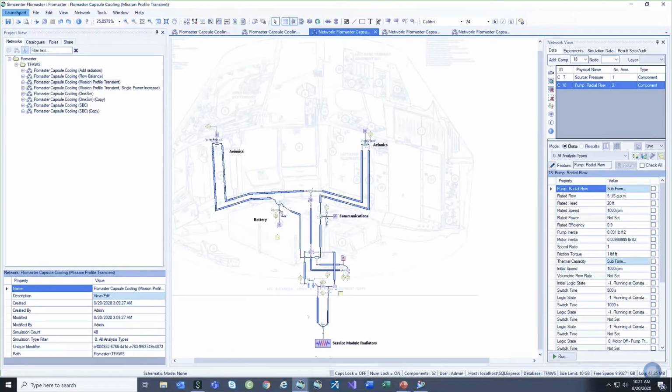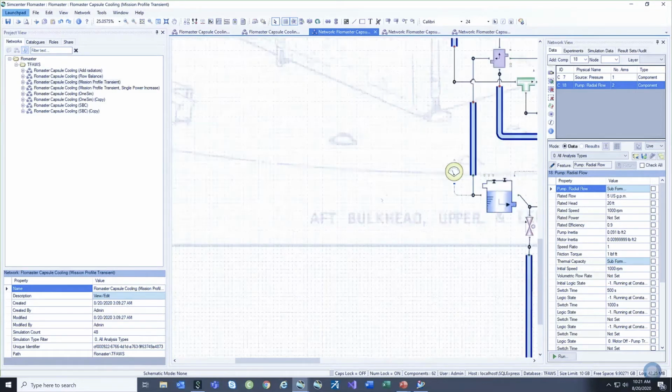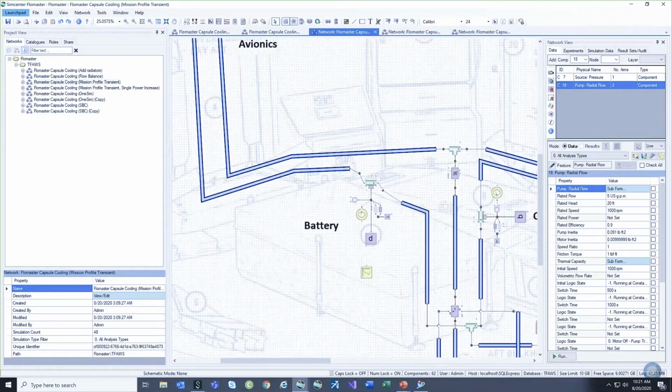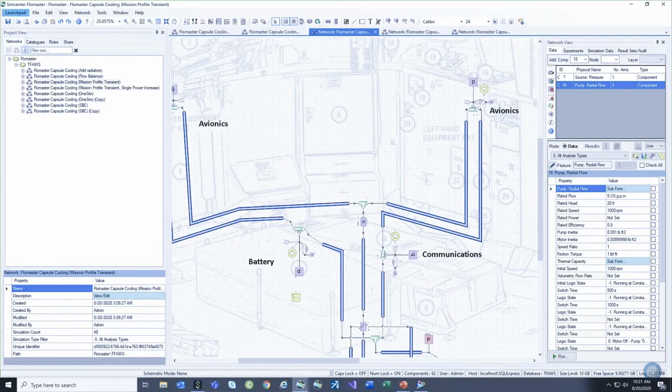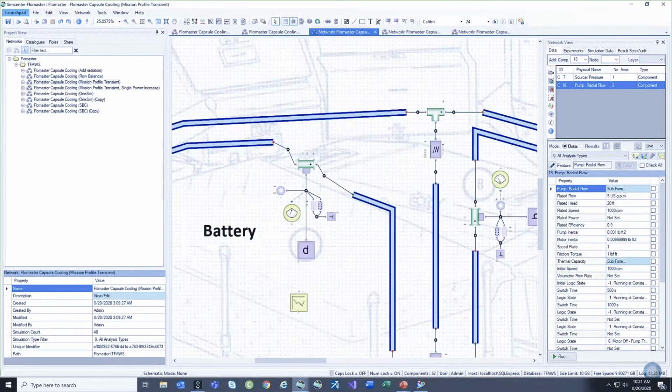So now what I want to do is go to my transient model and start looking at what if scenarios. What if the power to my power electronics is non-uniform? What if my pump fails? What if I disconnect my radiator? How long does it take to heat soak, right? We can answer all those questions really, really quickly with Flowmaster. So let's start with maybe a